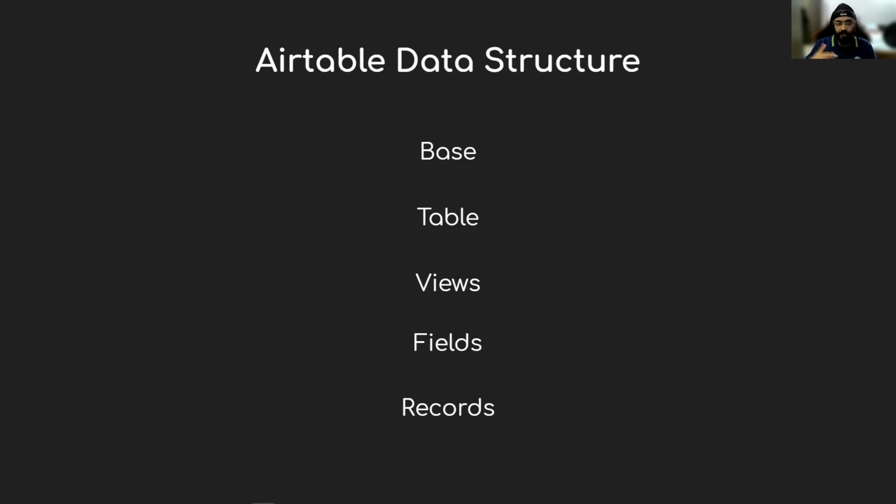Now a base has multiple tables, and each of those tables has separate views. So you have grid view, you have form view. So you have all these views, and then you can have rules within those views on what you want to hide or show. And then you have fields, which are basically each column in a table. And then you can set the type of that column to a single text, a date, a check mark, and so on. So those are the actual data types. And records is the actual data that you're storing in them.